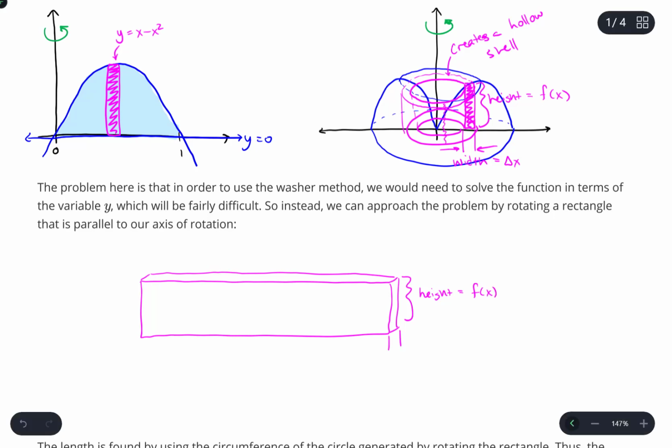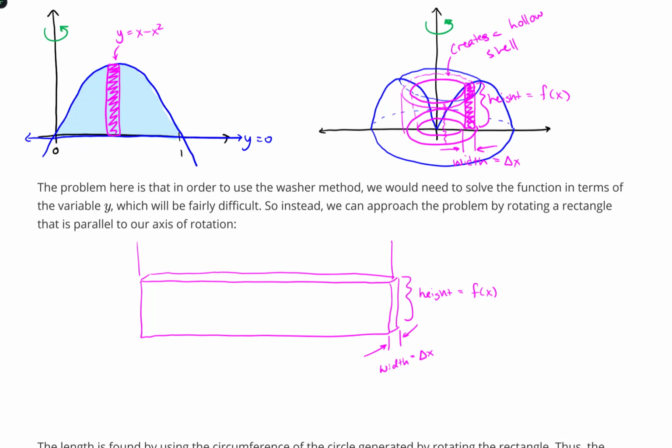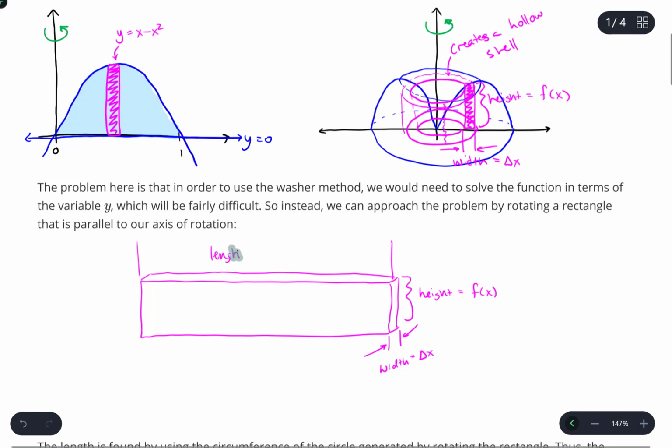The width of this rectangular solid is still going to be delta x, which will go to 0. And the other dimension here is going to be from here over to here, and that is the length. And the length of this is going to be,